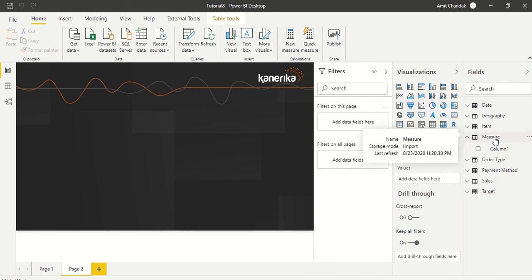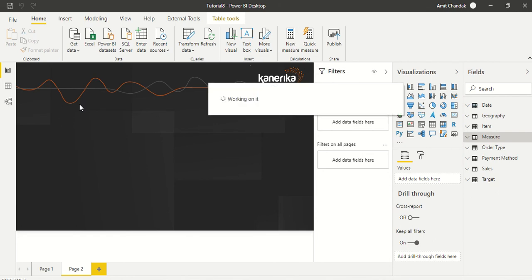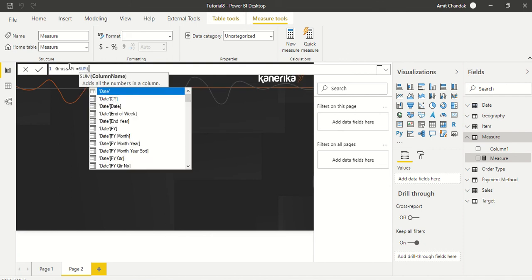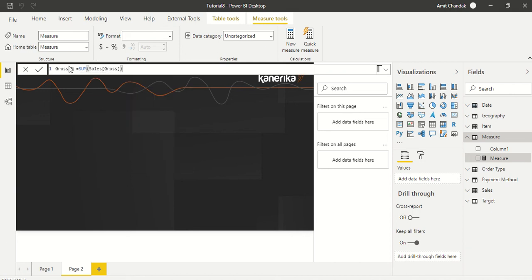But what we are going to do is, let's first create a measure, and a measure actually belongs to a model. They don't belong to a table, so they can move across tables. So I'm going to click on this table and then click on new measure, and create a gross measure. Whatever I create as a measure, I'm going to suffix with M, so that we can differentiate in our analysis what we are using as a measure. So we created gross M, and gross M is now available here.